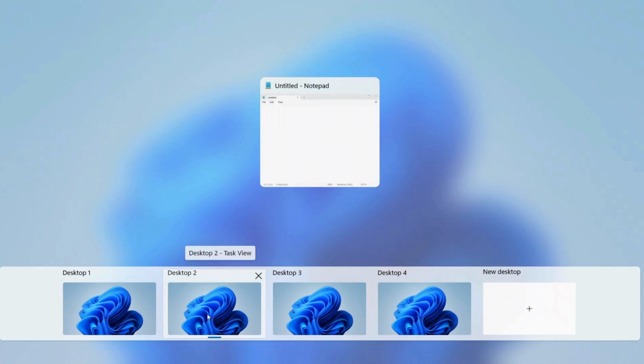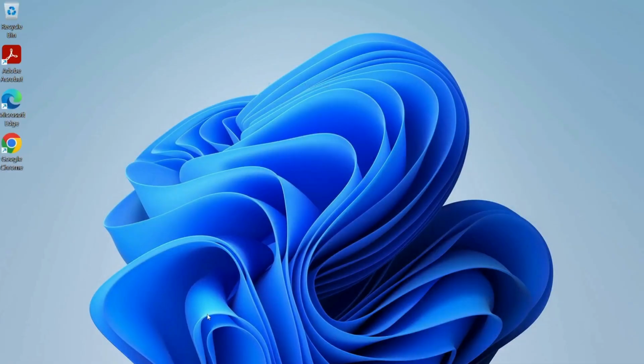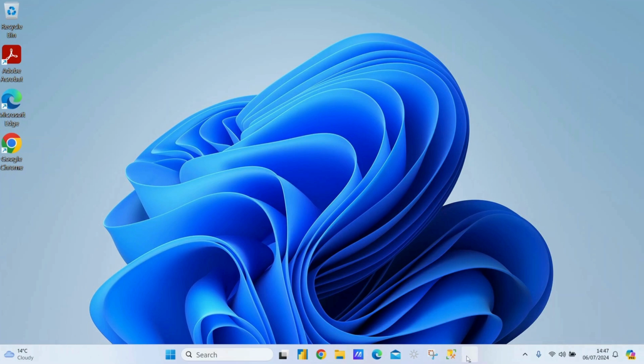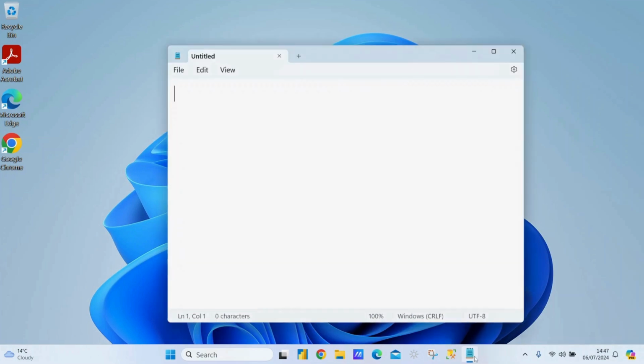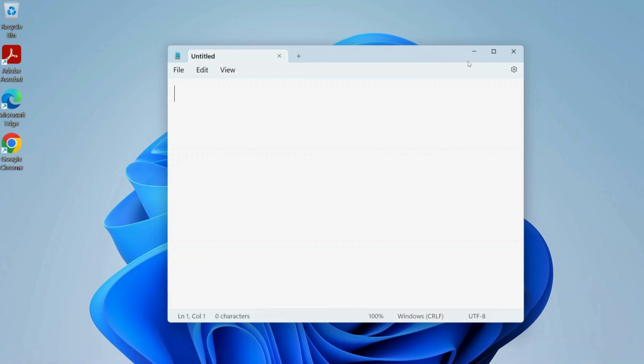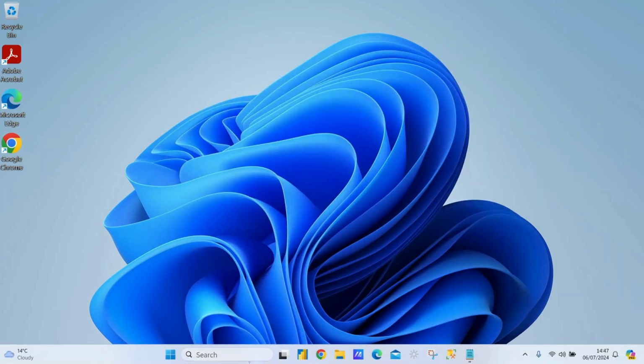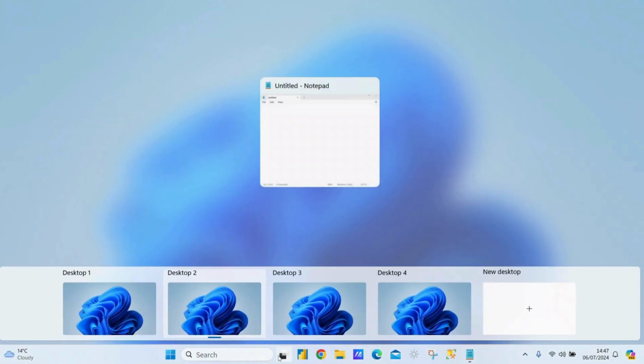You can see that it's been highlighted on the screen. Click on it, and you can see it over here, Notepad. Click on that, and this is the only one that is active on this desktop and not Google Chrome. Let's go back to desktop number 1,